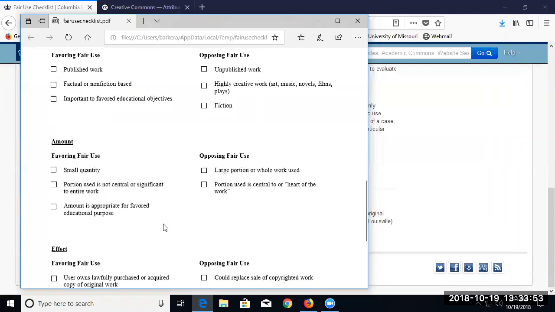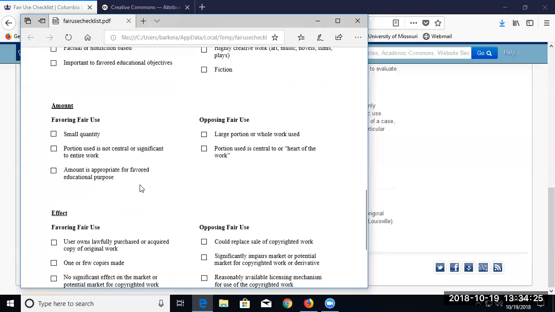Here's the amount again. The amount gets a little tricky, particularly if you're dealing with images. And I'm going to take you in a moment to show you some guidelines, because you've got an image that you want to reproduce. Well, you don't want to reproduce just part of the image. You really want the whole image. So when we look at images, are we looking at each image as a separate thing? Are we looking at a couple of images as part of a publication, or a couple of images as part of a photographer's work overall? I think that can get a little bit fuzzy.